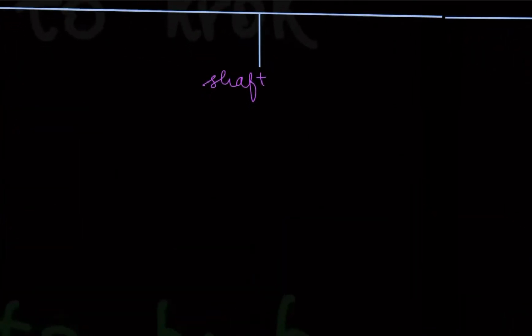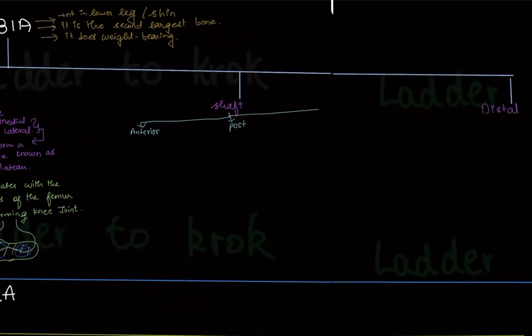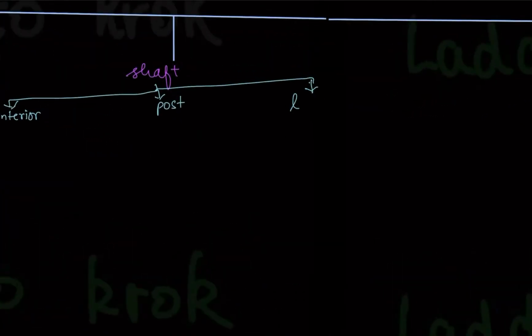Now the shaft is divided into anterior surface, posterior surface and which surface? Lateral surface. For the lower leg, when we do the muscles, we will be doing the anterior compartment, the posterior compartment and the lateral compartment of the lower leg. So the shaft is similarly divided into anterior, posterior and lateral surfaces, and thus also gives us the muscle compartments to learn.